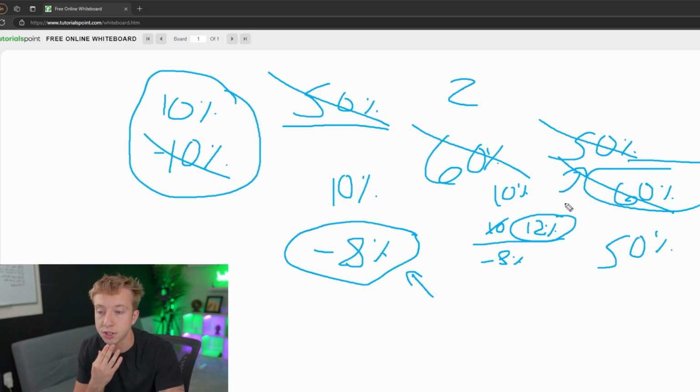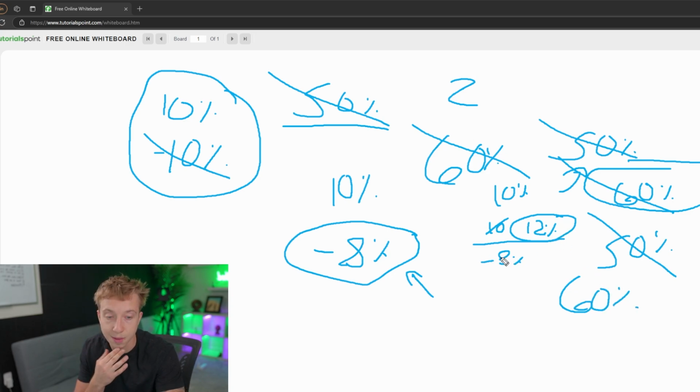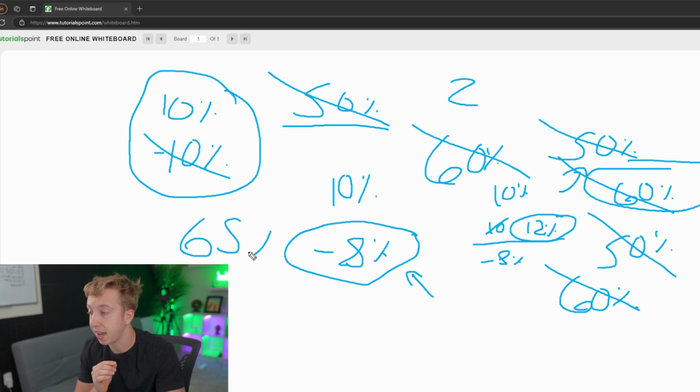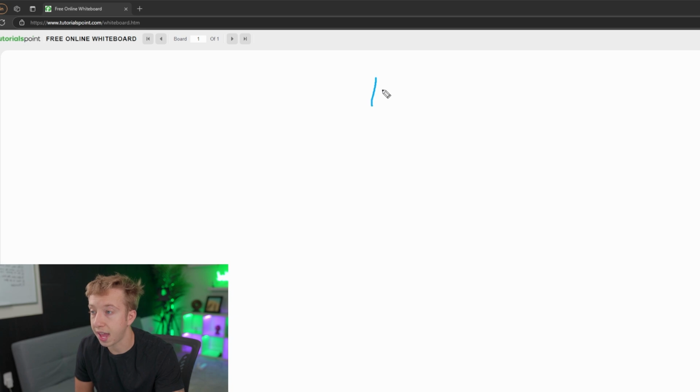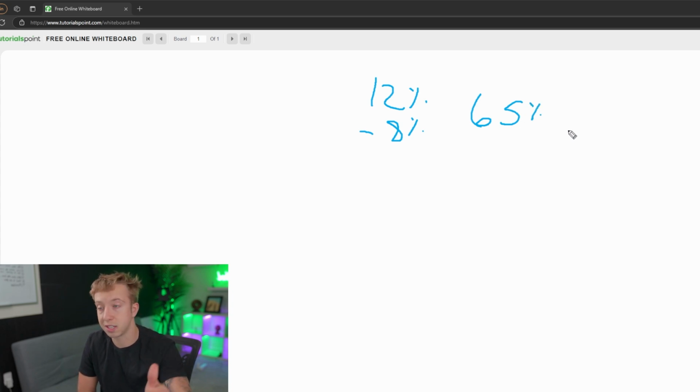Once we get a better entry, and let's say our win rate's back up to 60% now with that 12% and negative 8%, I'm going to really try and focus on getting that past the 60% by making it a 65% win rate. So now we're at a 65% win rate with a 12% reward and a negative 8% risk. We're at a 65% win rate, way more profitable than the 60% win rate with a 10 to 10. I want to focus on changing our reward, not our risk just yet. I want to change our reward to 15%.